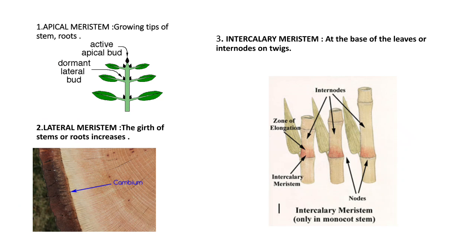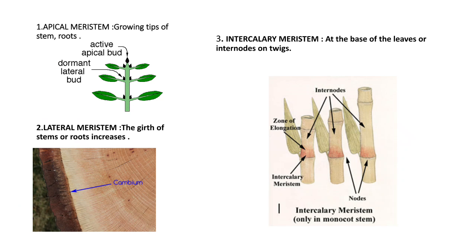And the second one is lateral meristem, the girth of the stem, that is the annual rings. Sometimes we read in the newspaper about the plant's age. So by counting the rings which are made by the cambium actually, that is a kind of lateral meristem, we can estimate the